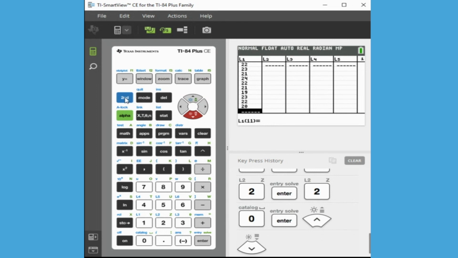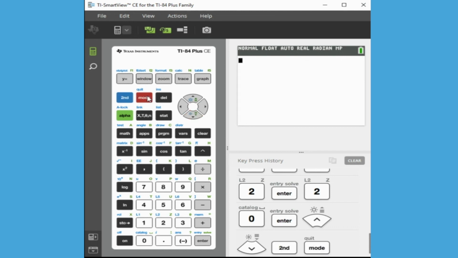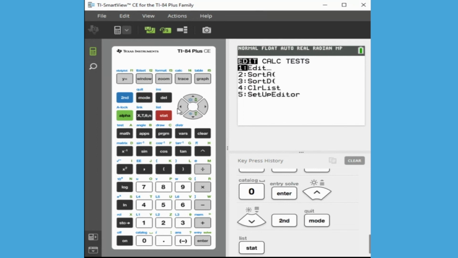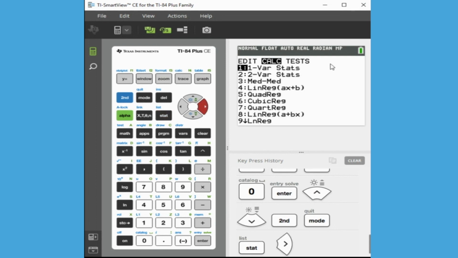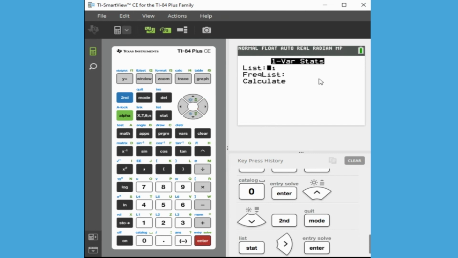So I'm going to exit out of this screen by using the quit button right here, and I'll go to second quit, and it's going to go to what I call the home screen. So from here, we need to go back to the stats menu, but this time we're going to arrow to the calculate. So arrow once to the right, and then we have one variable that we're working with. So we need the one var stat. So I'm going to press enter for number one, and it's going to tell me a few more items here,